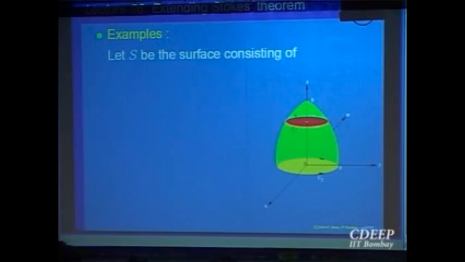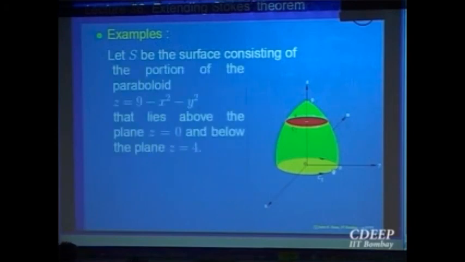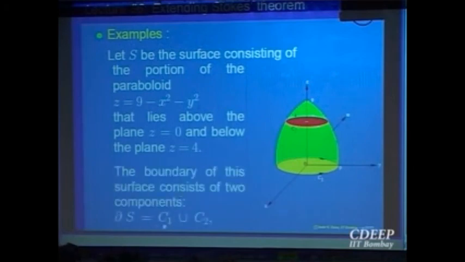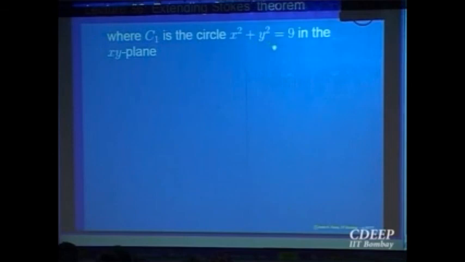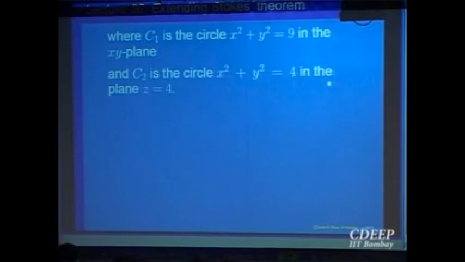So let us look at the same example. I think I shouldn't be saying anything more than what I have said. Only the orientation is to be kept in mind. So that example is also worked out here. The boundary will consist of two parts, C1 union C2. C1 is here, the bottom one, and C2 is the upper one. It's good to revise anyway. C1 is the circle x square plus y square equal to 9. C2 will be the smaller one, x square plus y square equal to 4. For the outer, bigger one, if you are choosing the outer normal, you will be giving the anti-clockwise orientation. For the inner one, the clockwise orientation will come. That is the only care one has to take.